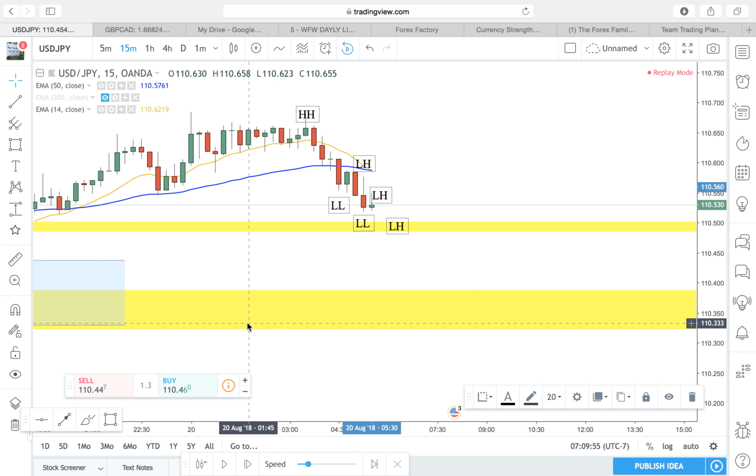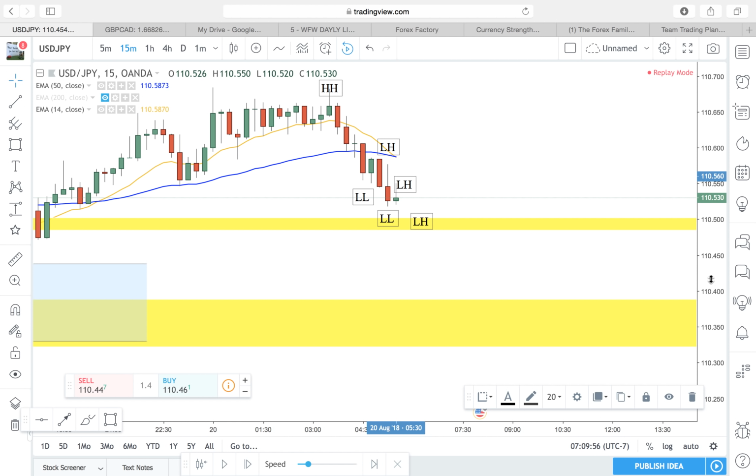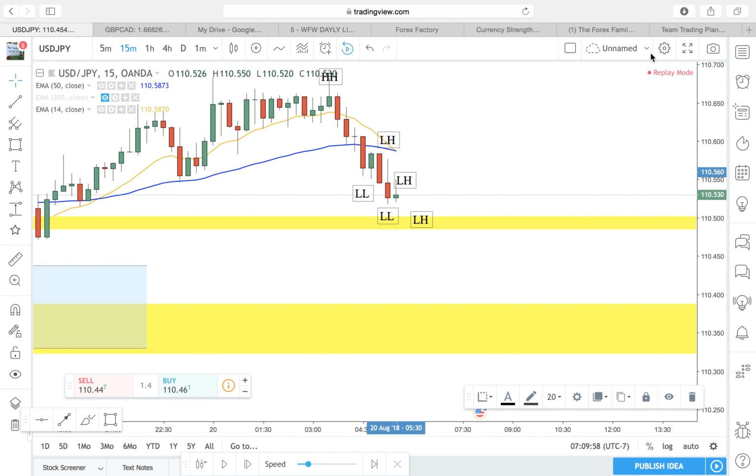I need to upgrade my account again. I lost my wallet. If you watched my previous video, you know I lost my wallet. I'm just waiting for my card to come back in the mail so I can get Pro again. You've got to get Pro on TradingView, because otherwise you keep getting these pop-ups, and it's so annoying. Apparently you can disable it. I'm technically unsavvy. I'm just technically lost.